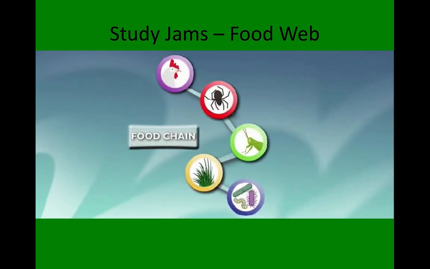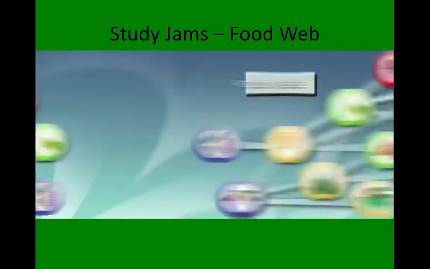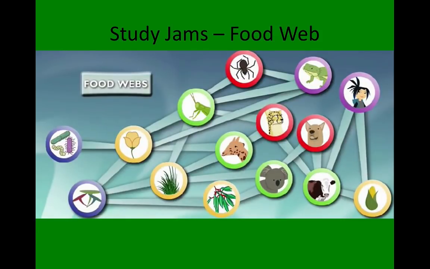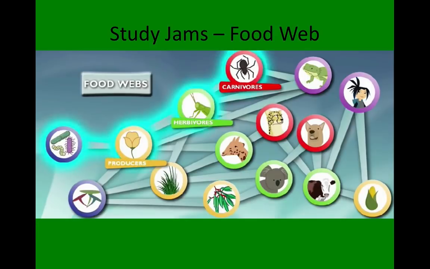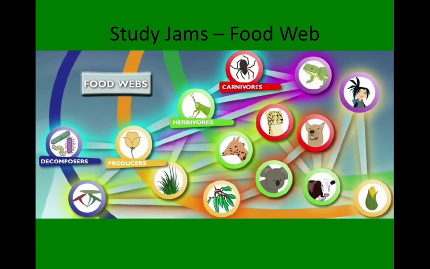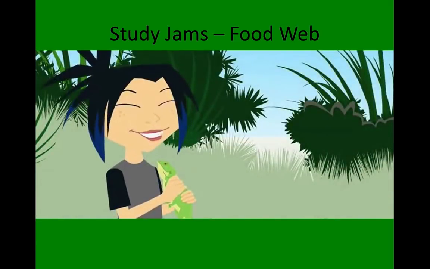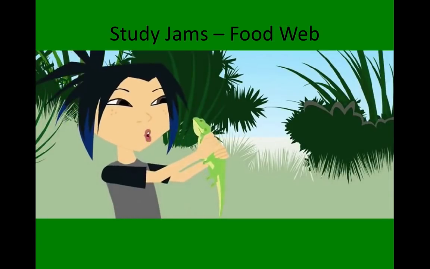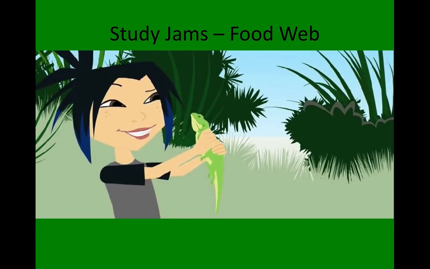Yep. A food chain shows just one line of different levels of consumers, or plants or animals that get their food from other living things. But a food web is a lot more complex. Instead of just one type of producer, one herbivore, one carnivore, like on a food chain, a food web links many chains together, showing a whole ecosystem of many decomposers, producers, herbivores, and carnivores. It shows how animals and plants share food in their ecosystem. So a food chain is just a straight line of connections, but a food web is, well, a web.